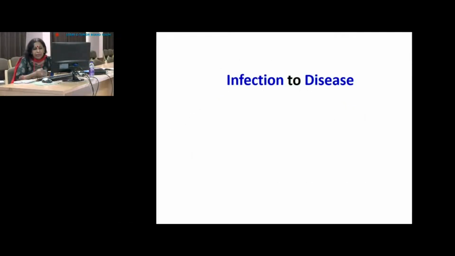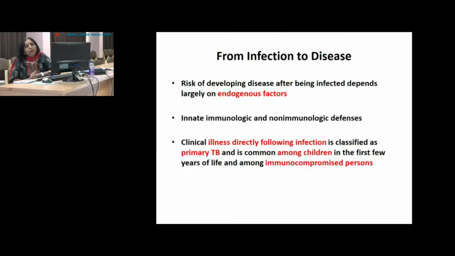So from infection till disease, now what will happen? Now this will depend on what was the TB bacilli load and the endogenous factors as to how robust, how strong is that person's immunity, the one who has inhaled these bacilli. If the person gets infected right away, gets clinical illness, gets active TB right away, then that is called primary